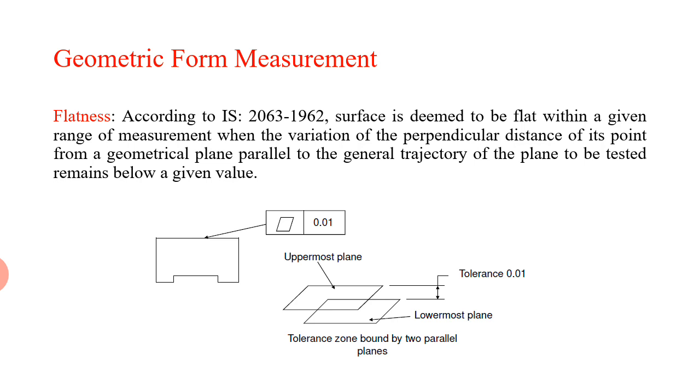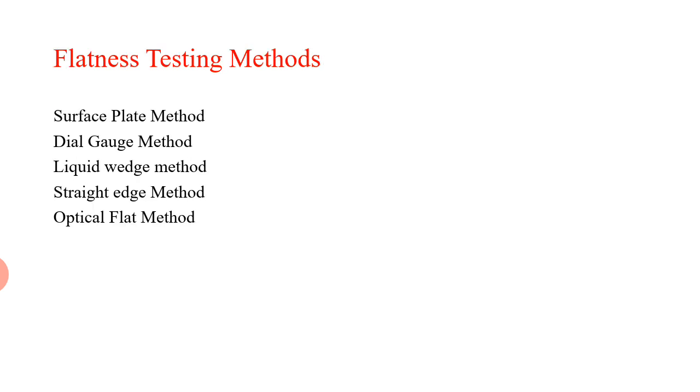Now we will discuss various flatness testing methods. The first method is the surface plate method. For the majority of dimension measurement and establishment of geometric accuracy, a reference plane is required. A reference plane must be perfectly flat and smooth. The instrument and workpiece are kept on this datum plate for measurement purposes. Also, it is used for direct comparison and acts as a master for checking flatness and other parameters.